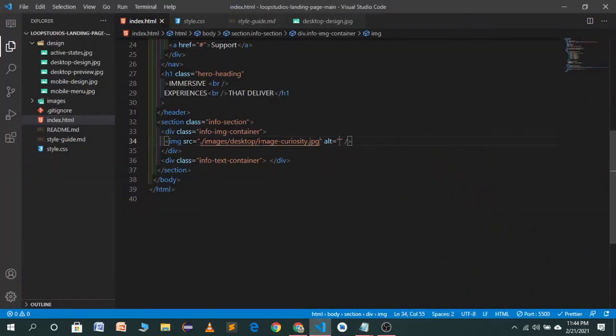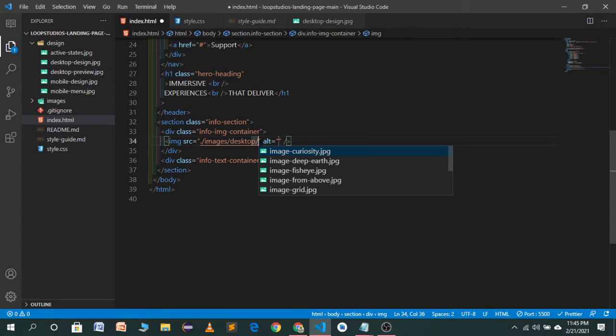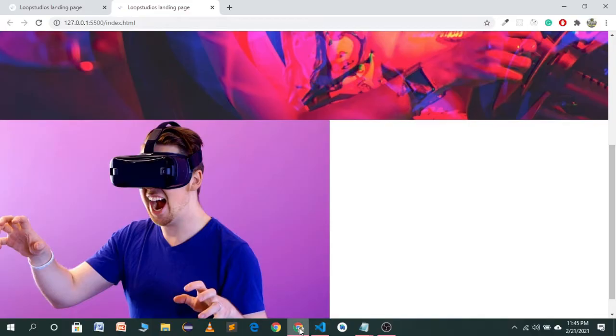Now let's try a different image. Desktop, I think, deep red fisheye. Soccer team, Curiosity, deeper fisheye from the above. Let's try interactive. I hope, yeah, this is the image that we will use.